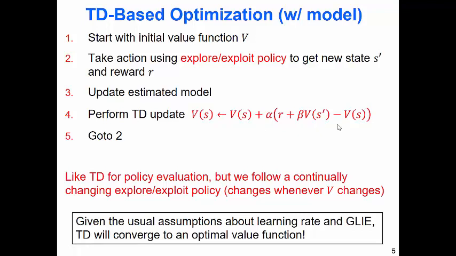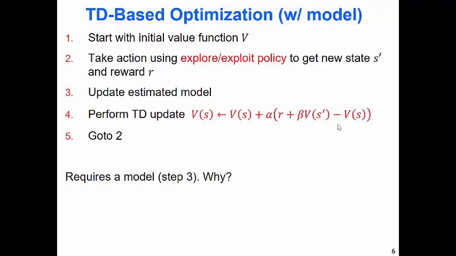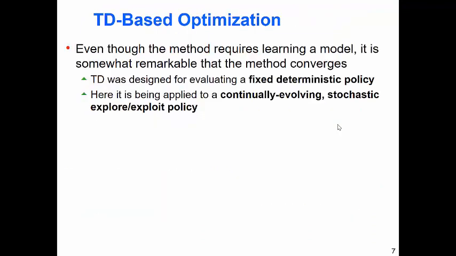All right. So this is TD-based optimization with a model, but you can't get around needing the model because all we're doing is learning the value function here. You have to have the model. Okay, we've already answered that. So yeah, it's pretty interesting that it can converge, right? Because it's this continuously evolving